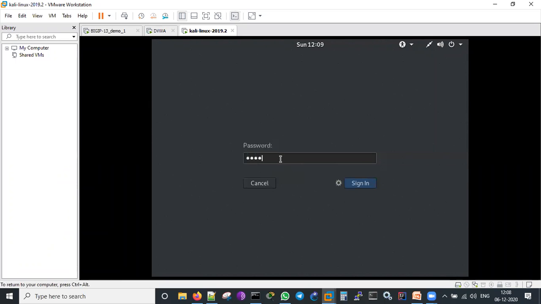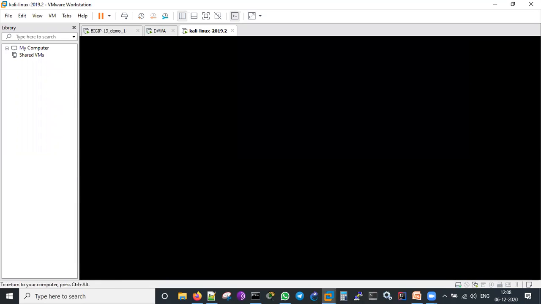I will not tell what the password is here, okay? Even though I am typing it. Okay, this is the Kali Linux. It's a 2019 version which I am using. 2020 also came. You can take that, with some more added advantages, and hacking tools and everything has been included in it.